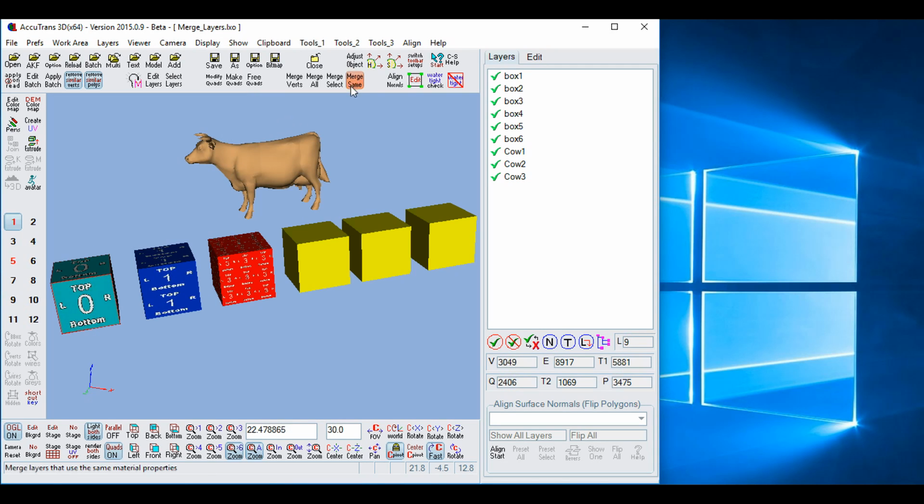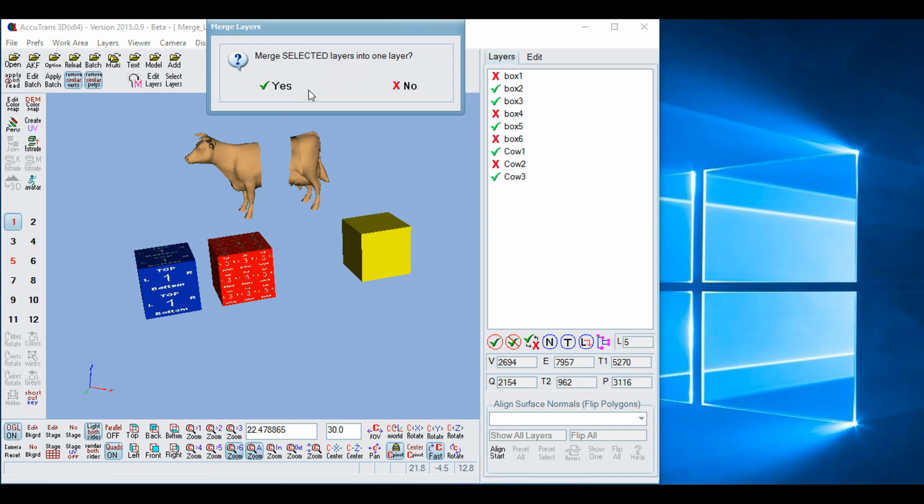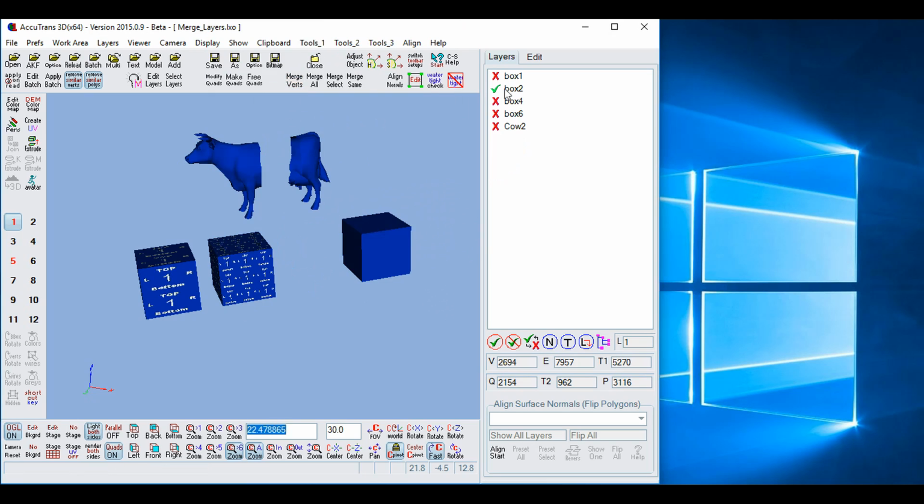Now we'll do Merge Selected. So what I'll do is hold down the Control key and the Shift key, and then click with the right mouse button on the middle of the cow and turn that off. I'll turn this one off, this box off, and this box off. So now we have these 5 meshes, and if I click Merge Selected and click yes, okay, our box 2 stays here as our main